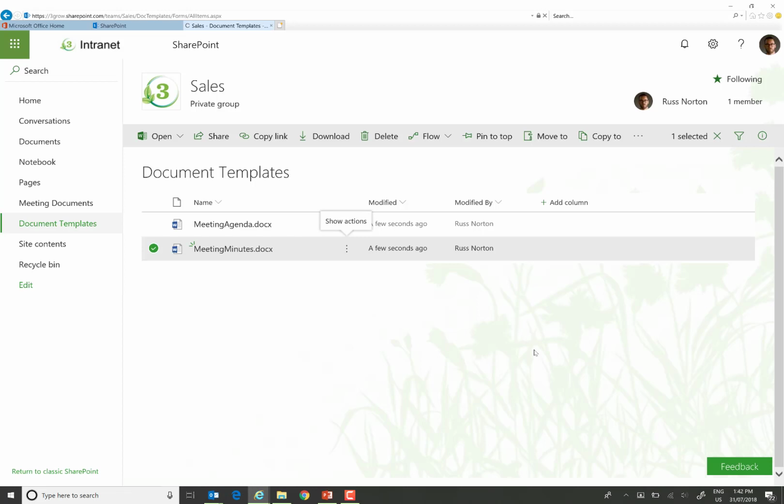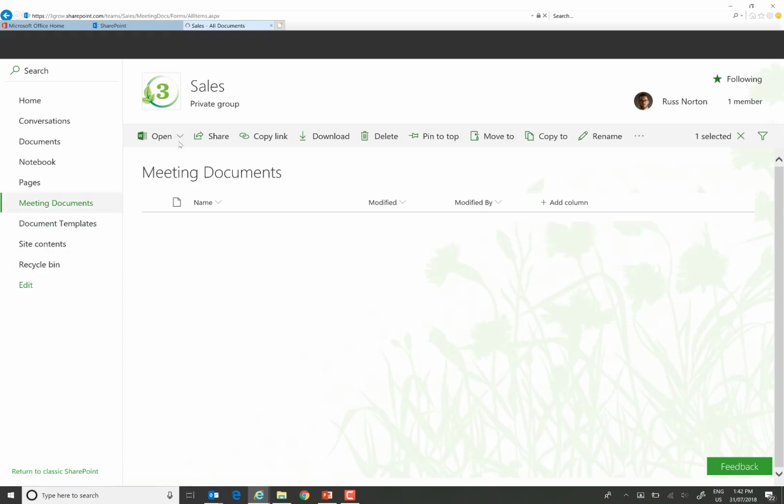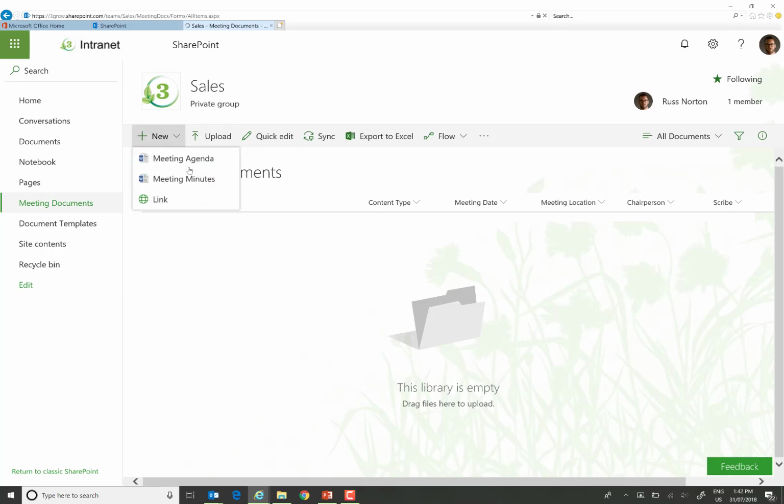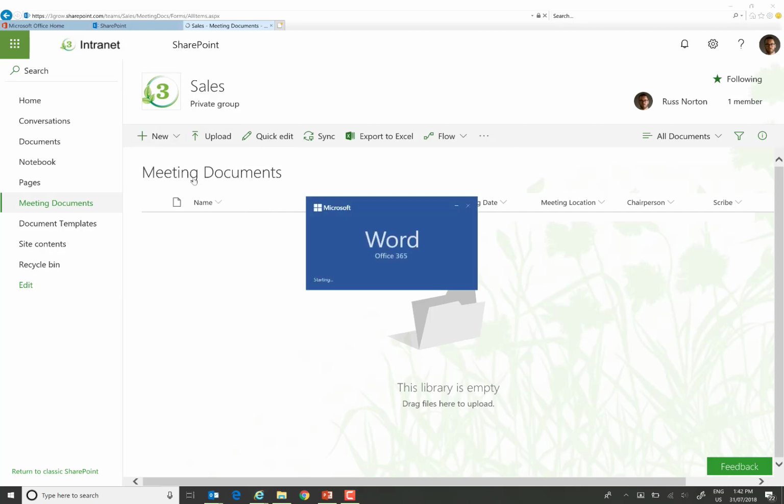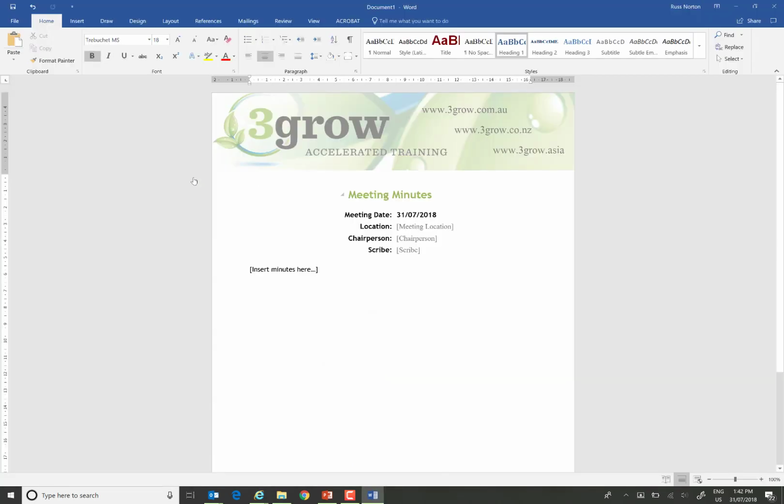Now we don't need to go back and update the content type. The content type is already pointing to the appropriate template. The URL of the document template hasn't changed. All we've done is update what's at the end of that link. So when we go back to the meeting documents library and choose to create a new meeting minutes document, you'll see that it is still based on the template as it was previously, but now with the ability to allow users to input the appropriate metadata straight into the